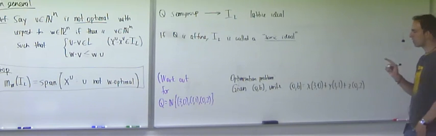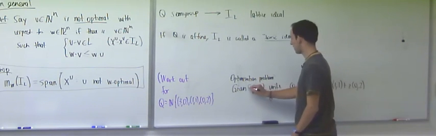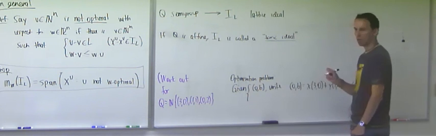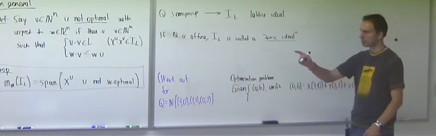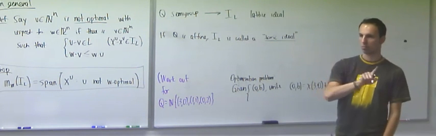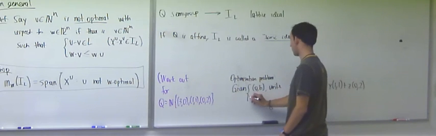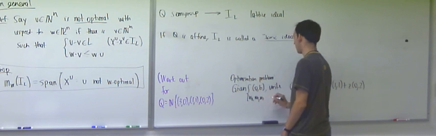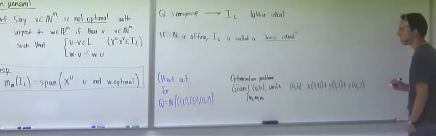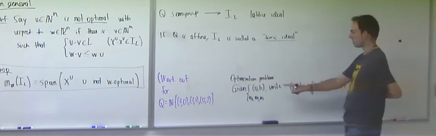Well, I have to give you a target vector, and I have to give you a weight function. Right? Because there our weight function was 1, 1, 1, 1. Okay? But here I have to give weights to x, y, and z. Okay? And so the optimization problem is, given